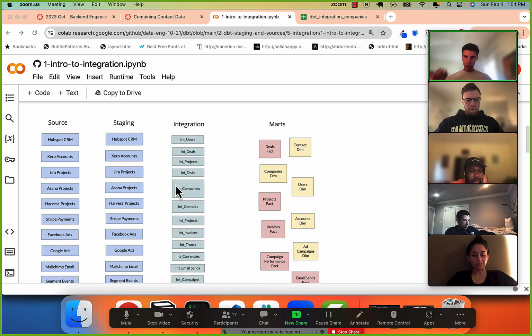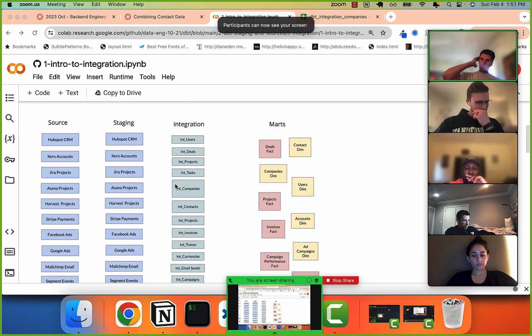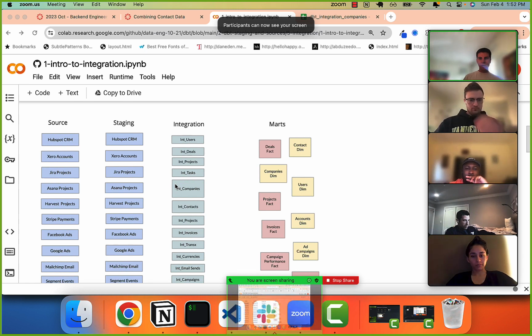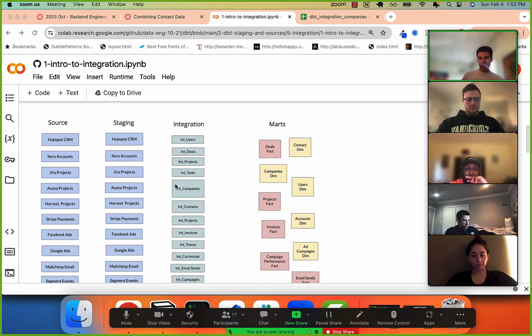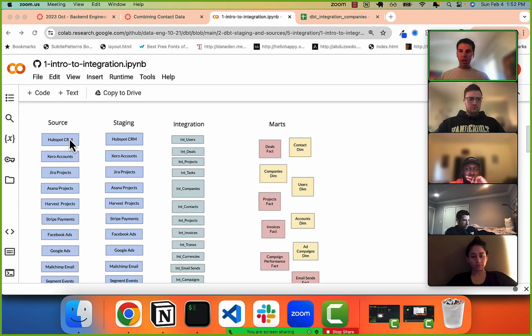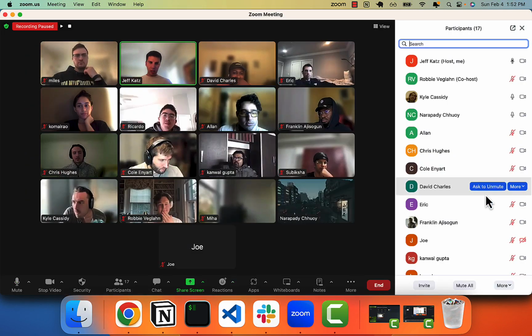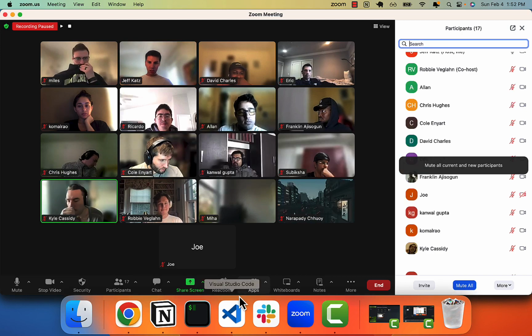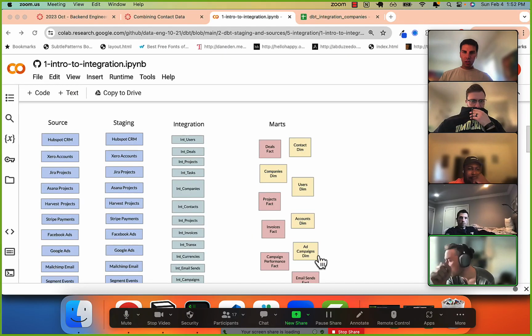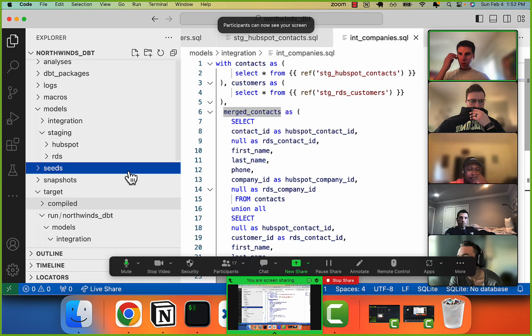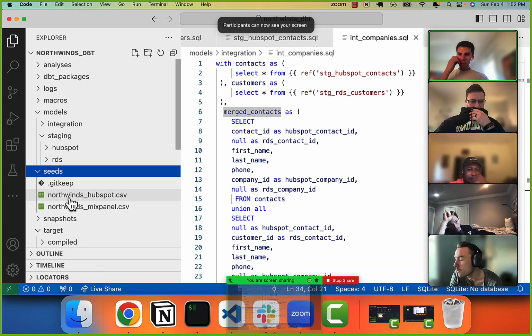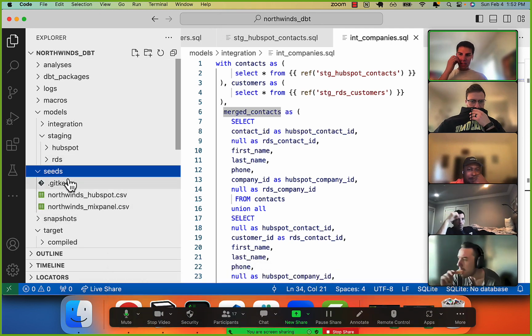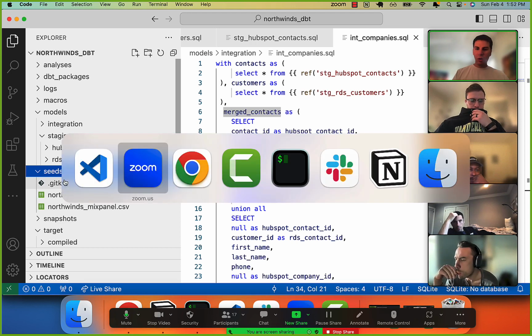All right. So we kind of start off with our RDS data, right? And then we cleaned it up. And then we added in, or some of you have added in, this HubSpot data. And the next step was to really clean that up. At this point, we look at the code, we added in these seed files here, and then we ran dbt seed, and that will create,